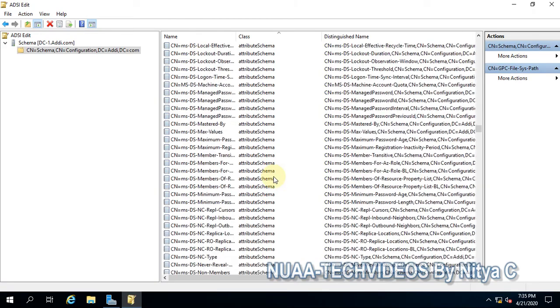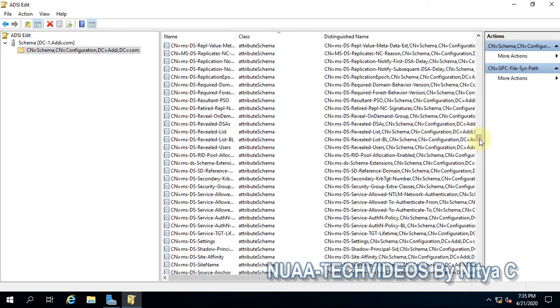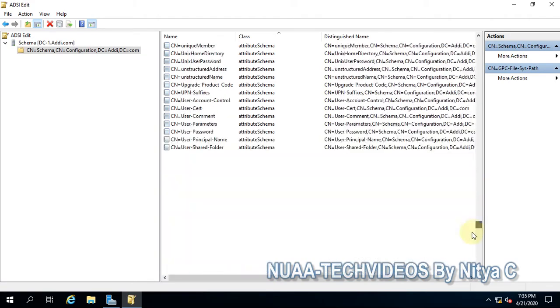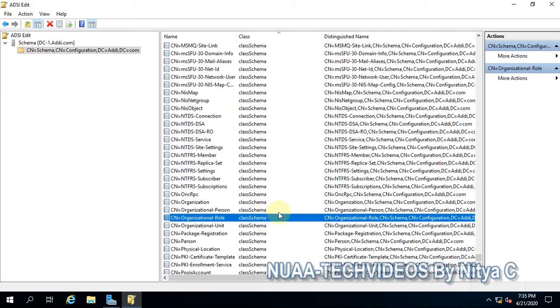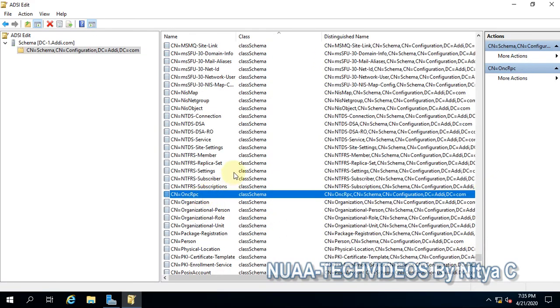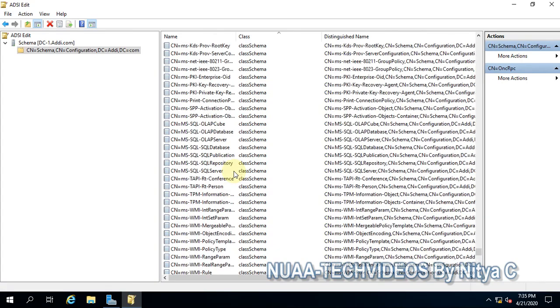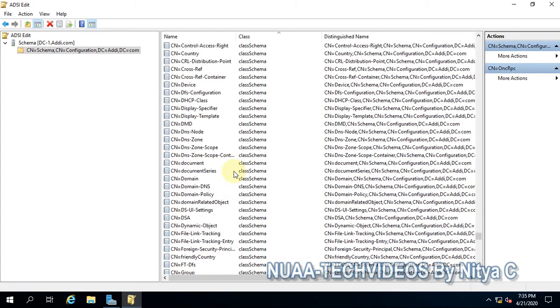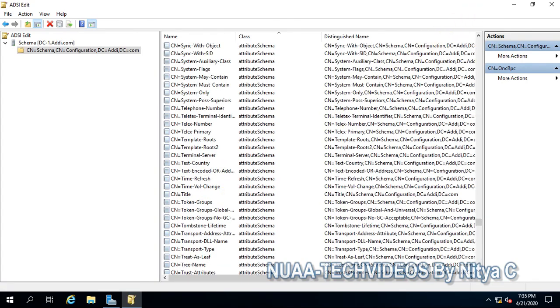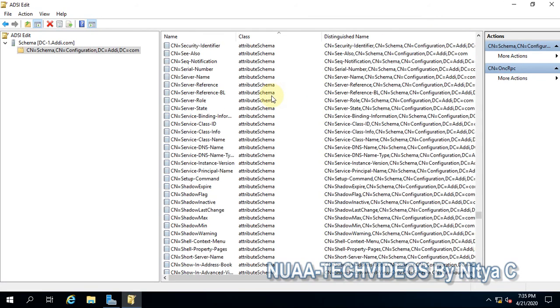Similarly we have the classes which are defined here. You can see the classes. OU and user come under the category of class, and the user description comes under the attributes.